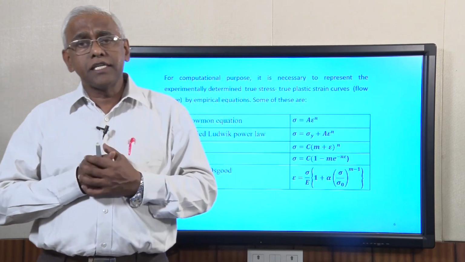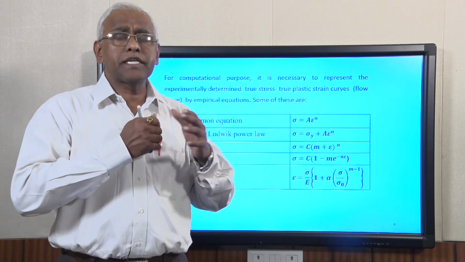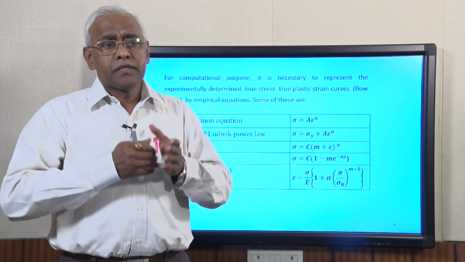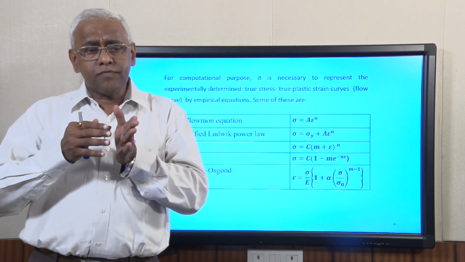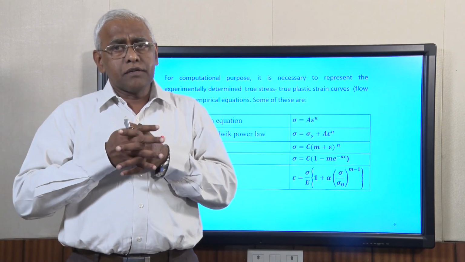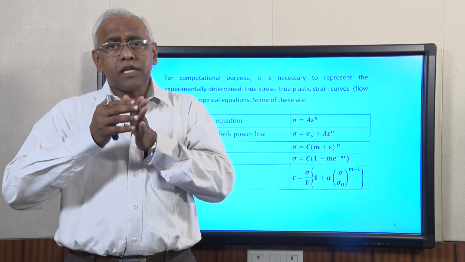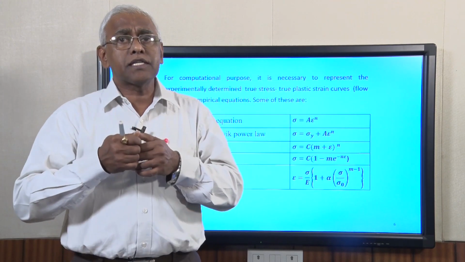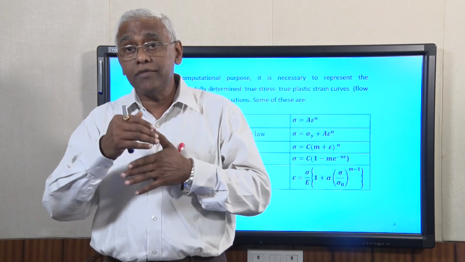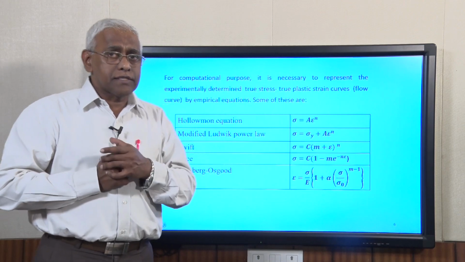Not only that, in deformation studies, if there is a prior history of deformation, then all your calculations may get distorted based on the data you are going to get. Sometimes the material might have been subjected to a high value that further deformation may cause it to fail, because there is a limit for the plastic deformation which is possible. So, all this information is required.